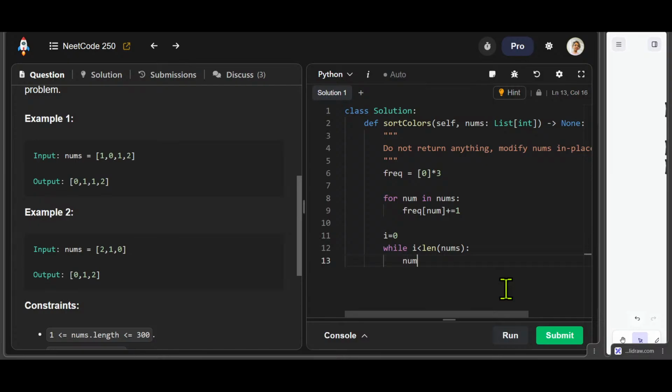I need to override nums of i with... How do I separately add these? Nums of i will start getting the values of the frequency. So